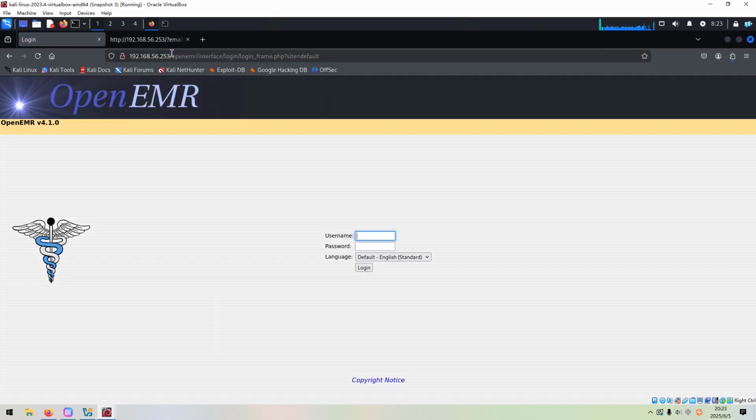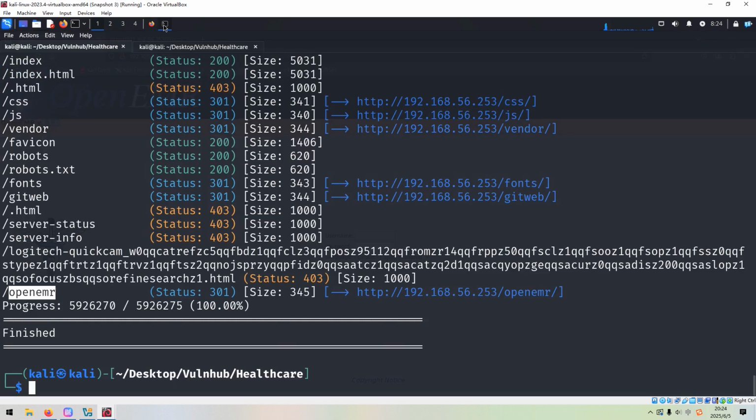Press enter. So this is another CMS. Maybe EMR stands for electronic medical record. And we can even get its version information. Before we try to use a common username and password to log in, we need to check whether this version of CMS is vulnerable. Let me bring back the terminal window